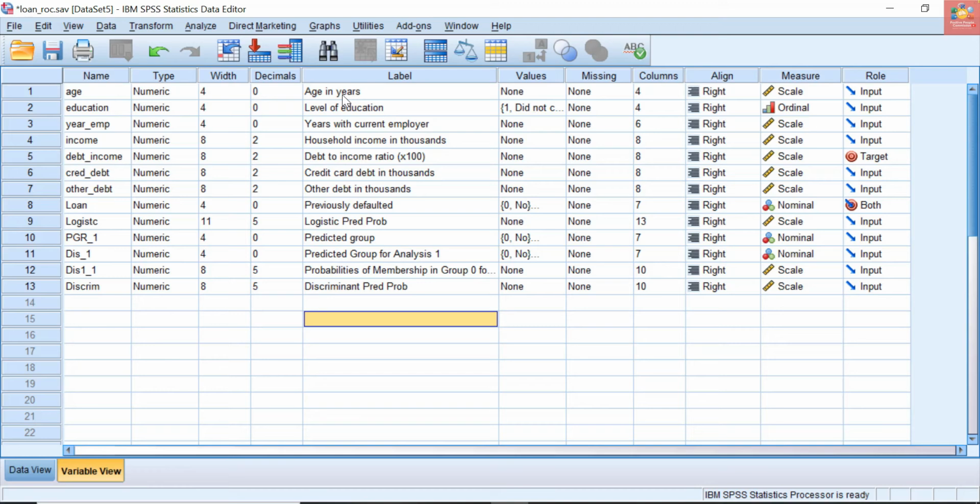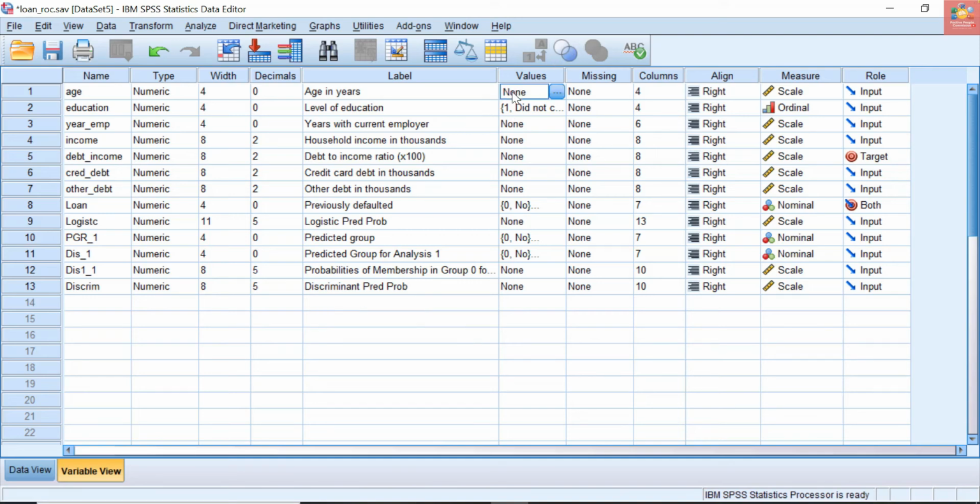For example, age means age in years, and cred underscore means credit card debit in thousands. So label is actually the detail of the actual variable name. And the next one is the values of the variable.